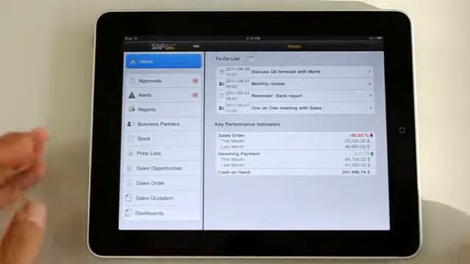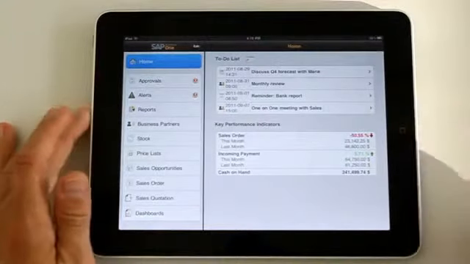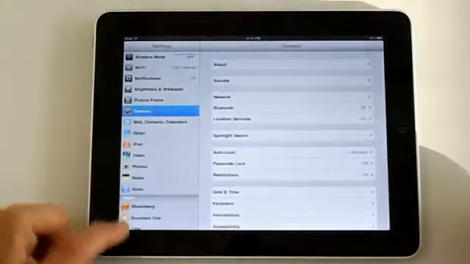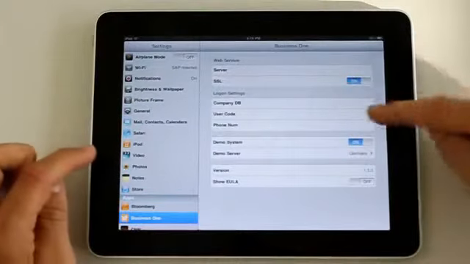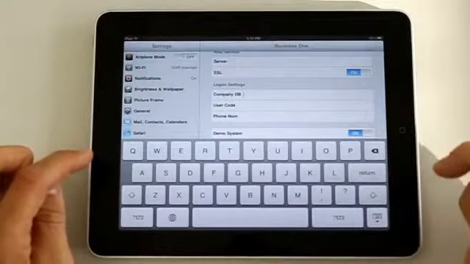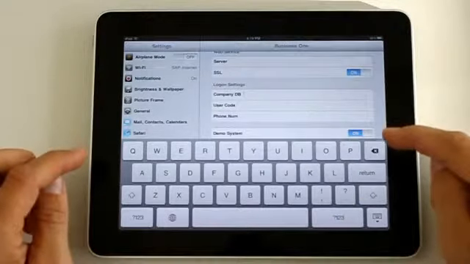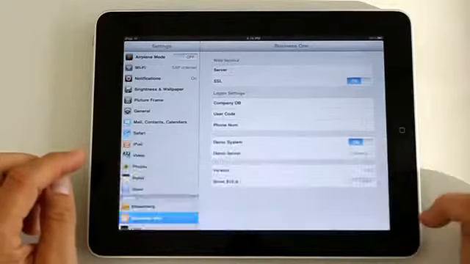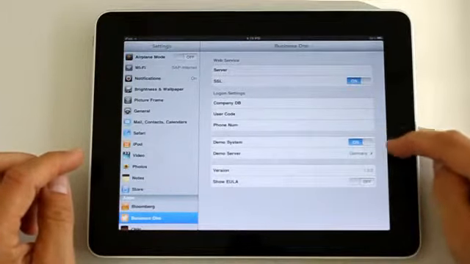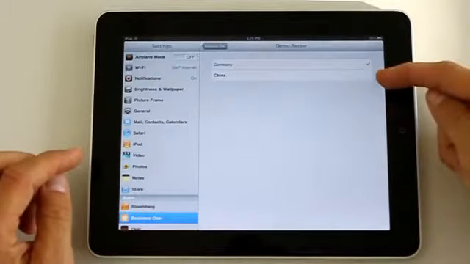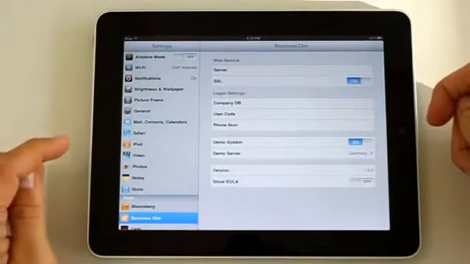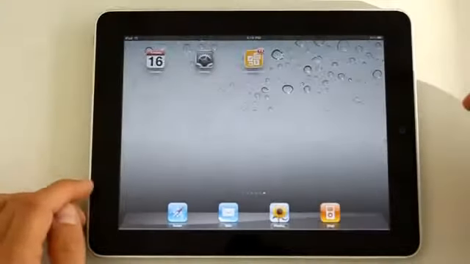Now the last feature we're going to look at is actually outside of Business One, but in the settings. So we're going to go to the settings for Business One, and based on feedback from a lot of customers, they said, can I influence which database Business One will connect to? So yes, here you can. You can enter the name of the database, and the system will go and get data from that one. We have also entered a second demo data server in China. So if you want to see Chinese letters on your screen, you can link to that one instead of the